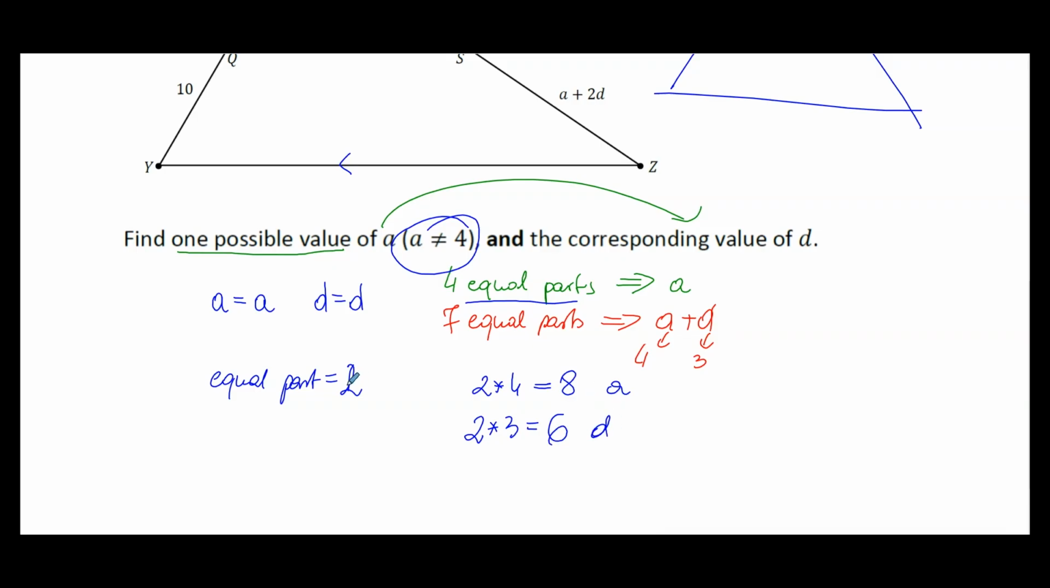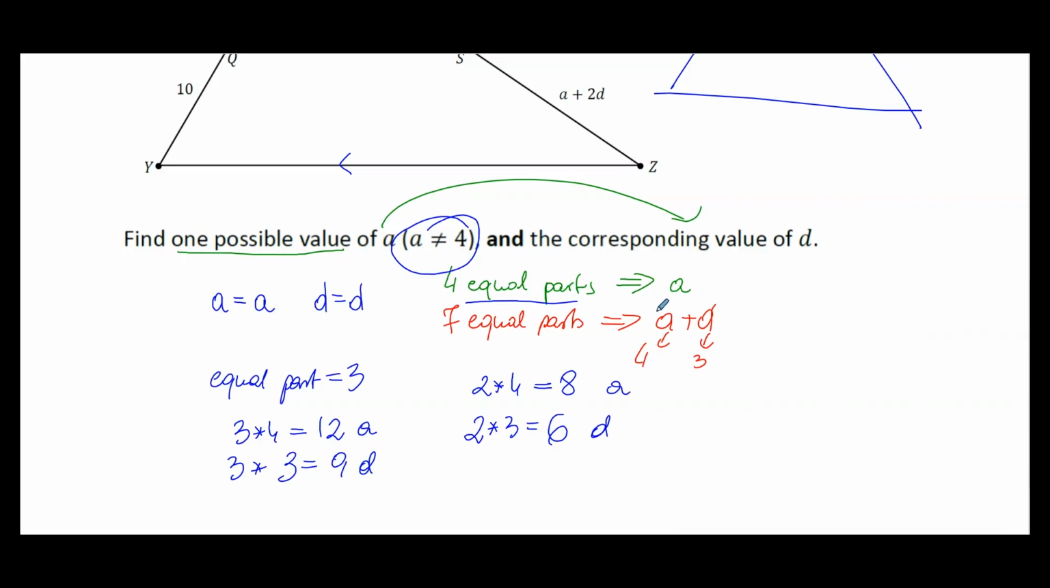But let's say the equal part is 3. Then 3 multiplied by 4 is 12, and 3 multiplied by 3 is 9. So that would be my a, and that would be my d. The point is that the ratio between those two values is the same. So that's what I'm saying. When you are looking at the ratio,